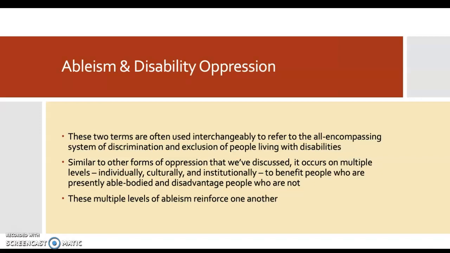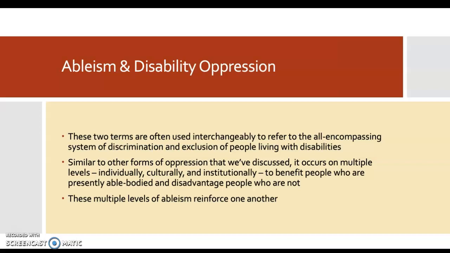So in the literature, ableism and disability oppression are often used interchangeably. And it really refers to this all-encompassing system of discrimination and exclusion of people living with disabilities. And of course, throughout the semester, we're really focusing on the ways that oppression is perpetuated within the context of the U.S. And so similar to other forms of oppression that we've talked about this semester, racism, sexism, classism, etc.,